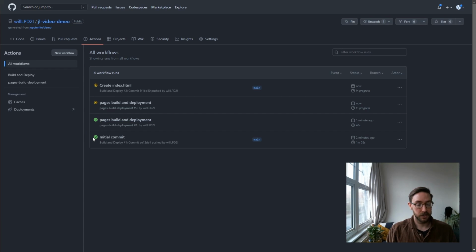Green means they've worked, and red means that they haven't. If you have any red ones, go back through the text guide on the D2I website, or go back through this video to make sure you've done everything correctly. If you had a fresh repository that you'd never tinkered with before, and you followed my guide exactly, I have